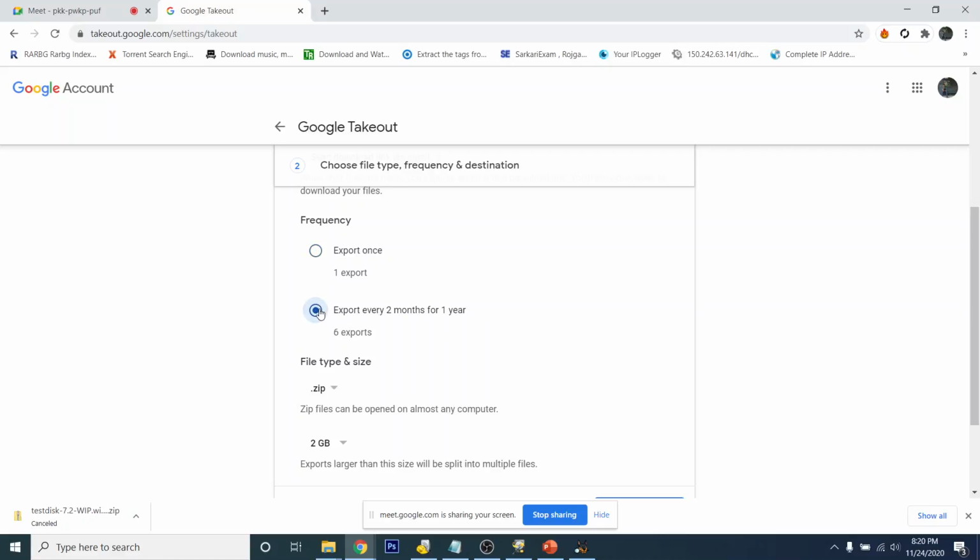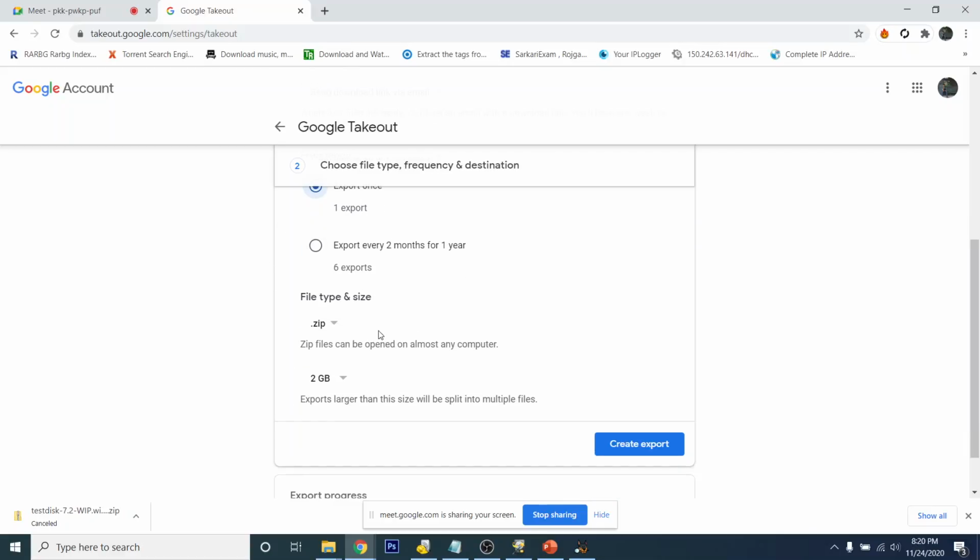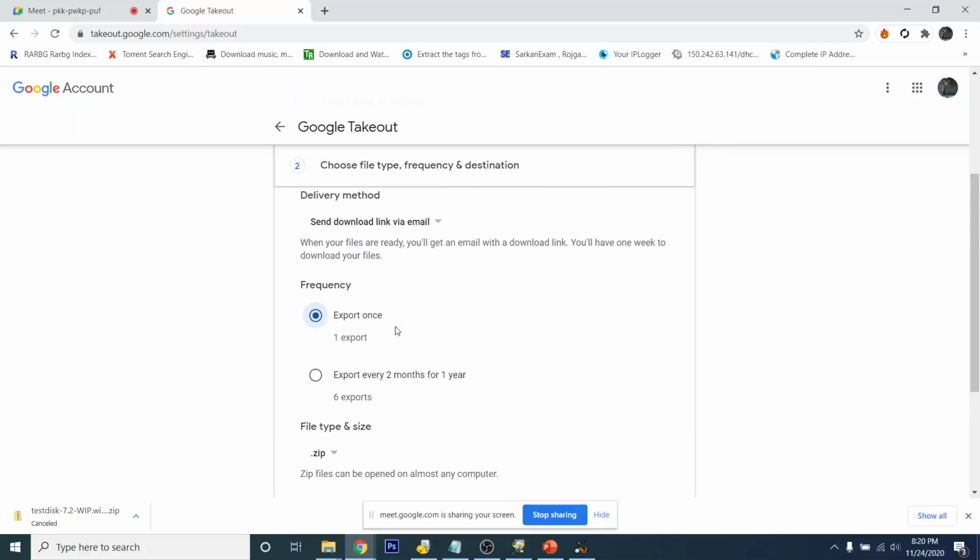This is used for data backup, where you want to create a backup of your whole Google account, and it is used for data recovery if you have to analyze the data. Like if your phone is lost, you have to take out all the data and analyze it, and you want to get your data onto your system.